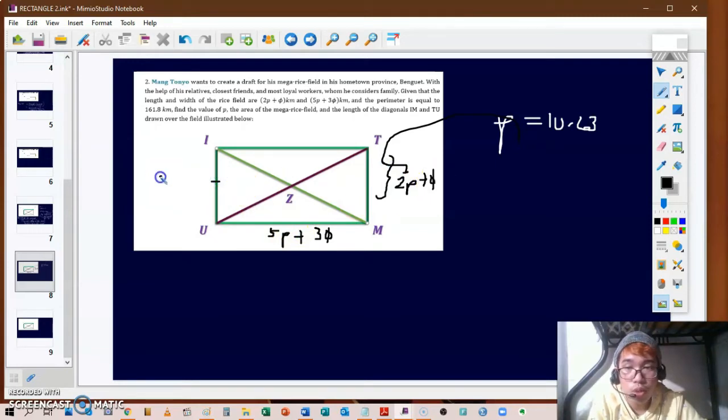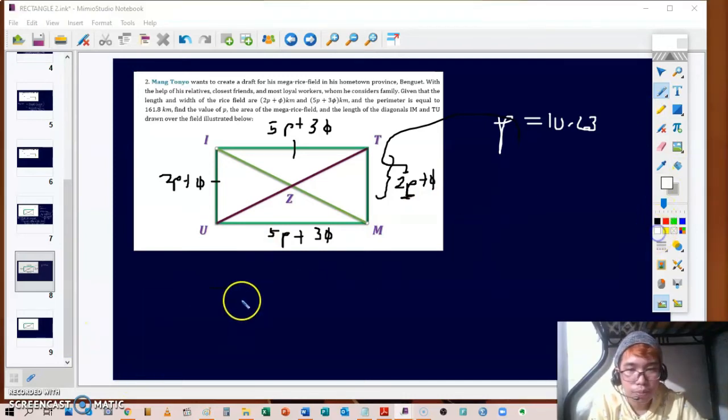We also note that this is also 2P plus phi since this is a rectangle, and we can take note that this opposite side is also congruent to the one at the bottom, so that's 5P plus 3Phi. Now we can solve for the diagonals, so we just need to substitute P for that. So the value of segment TM